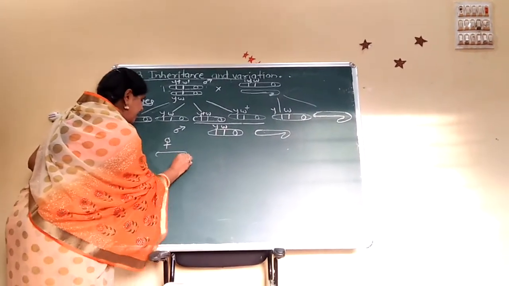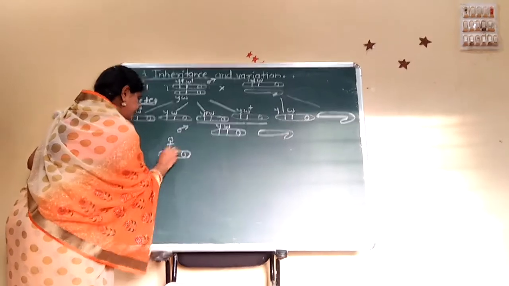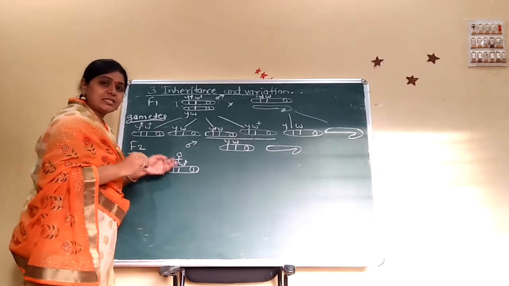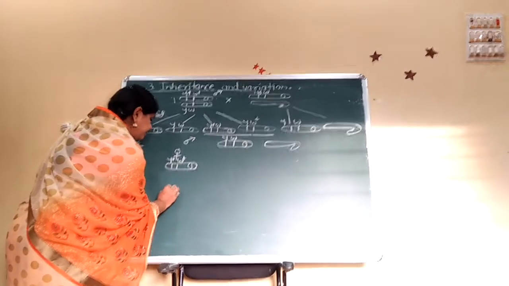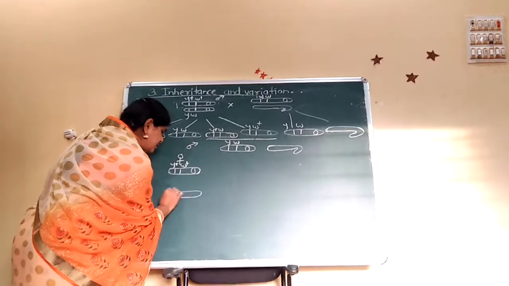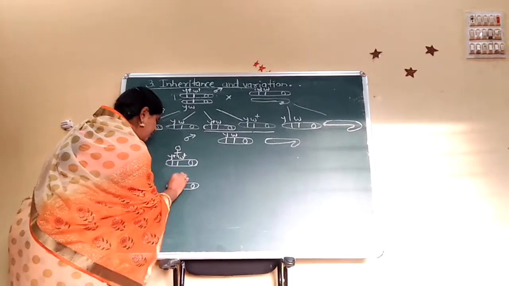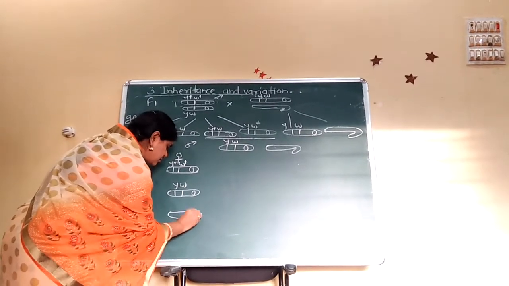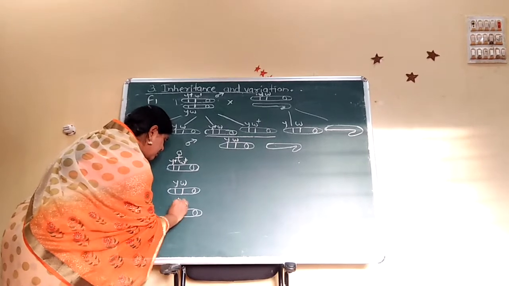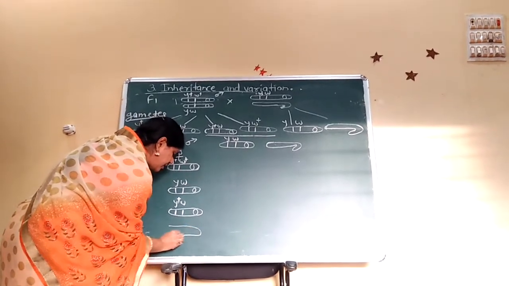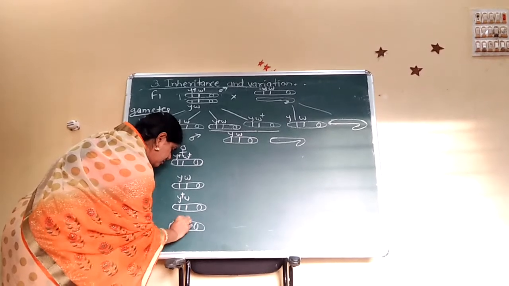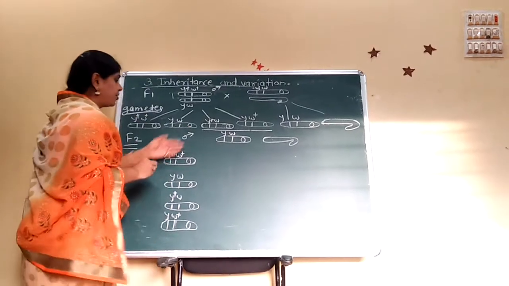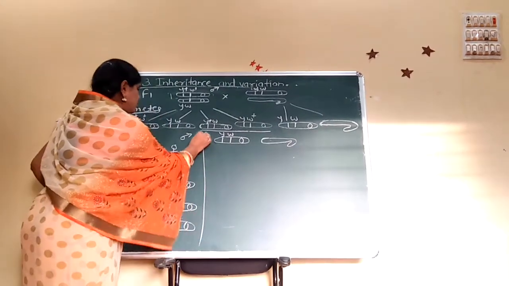The first gamete is Y plus W plus, that is the dominant. The second gamete is YW. The third gamete is Y plus W, and the fourth gamete is YW plus. When these gametes are fused with each other,